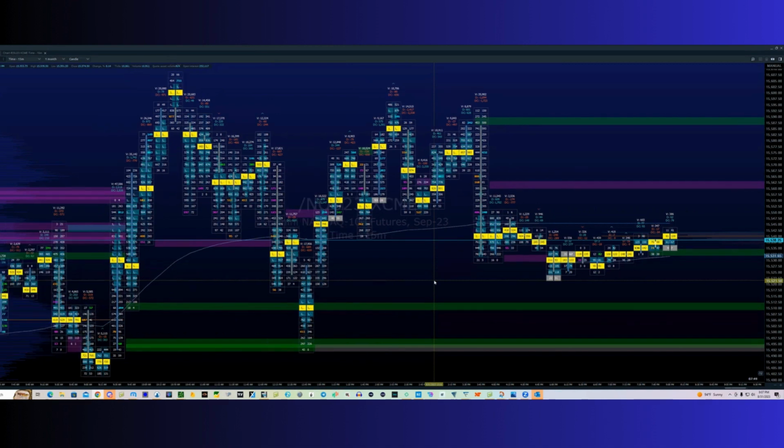But basically, we're going to start at the open, right? So the open is over here at 9:30, right? Here's your open here, right? And initially, when we got off the open, we created this imbalance here, okay? There's buy imbalances and there's sell imbalances, okay? A buy imbalance is going to be shown in green, and then the sell imbalances are going to be shown in this